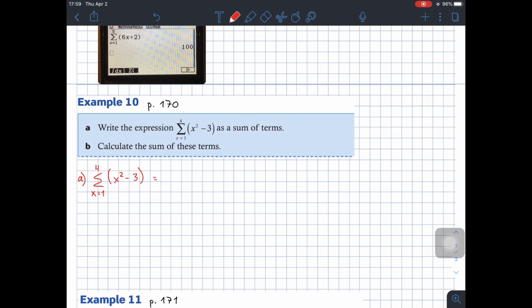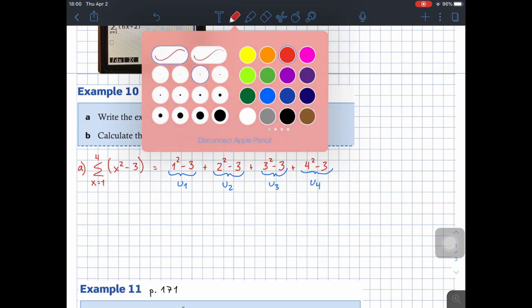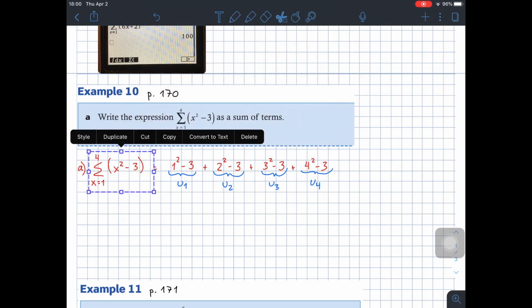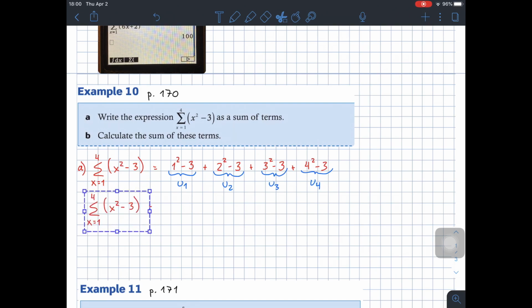So in the first case, it's 1 squared minus 3. That's the first term, plus the second term, which is 2 squared minus 3, plus the third term, 3 squared minus 3, plus the fourth term, which is 4 squared minus 3. Just in case you didn't get this, this would be u1, this would be u2, this would be u3, and this is u4. So we calculate all of these terms. Let me copy this a little second. So this would be